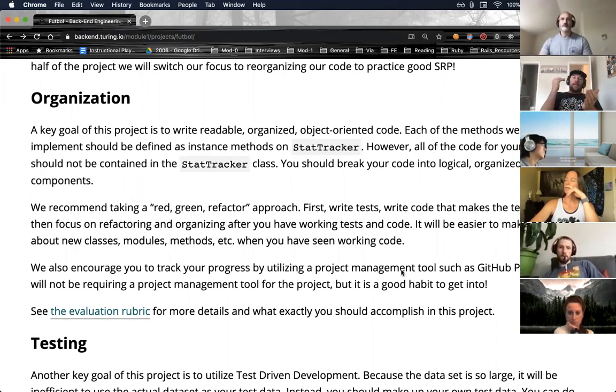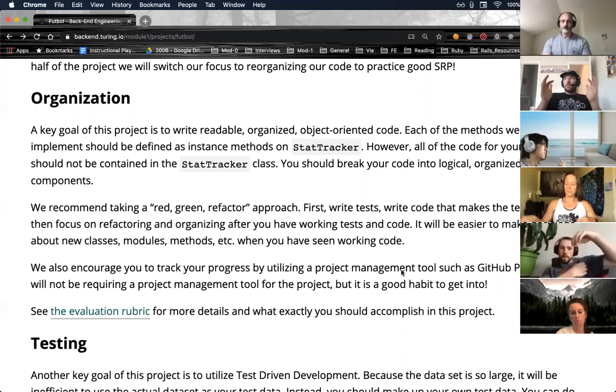So a key is going to be communicating early and often, coming up with some kind of Git workflow that you all agree on, being very clear about your goals for the project as an individual up front, and possibly, I would recommend utilizing some sort of project management tool. So something to keep all of you on the same page, some sort of interface.